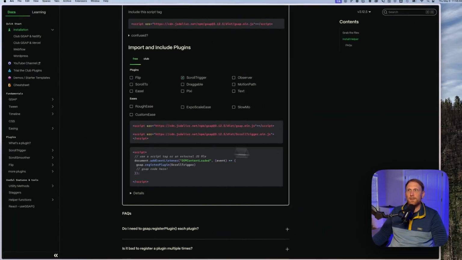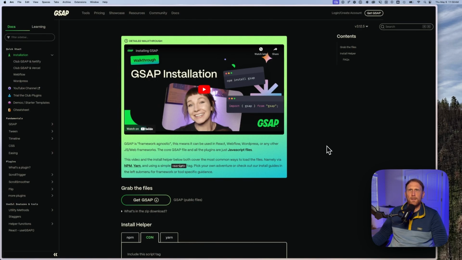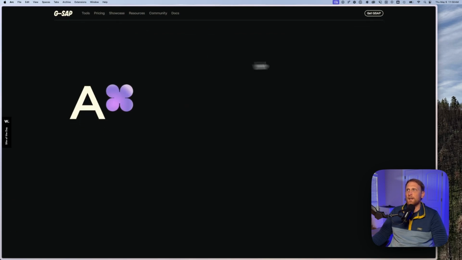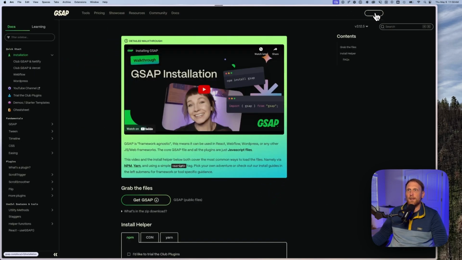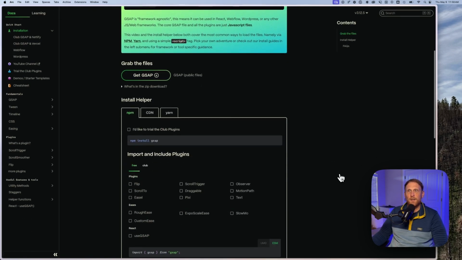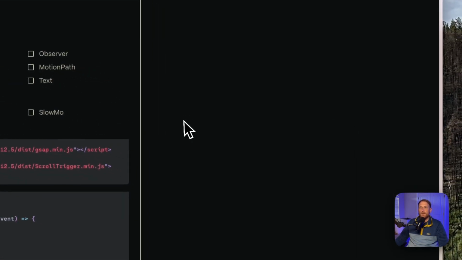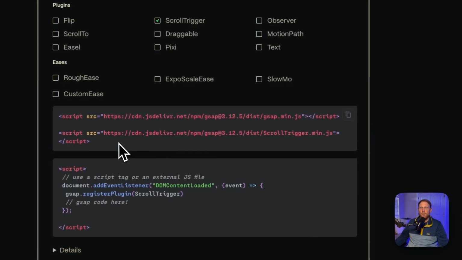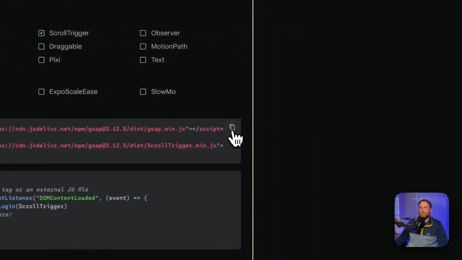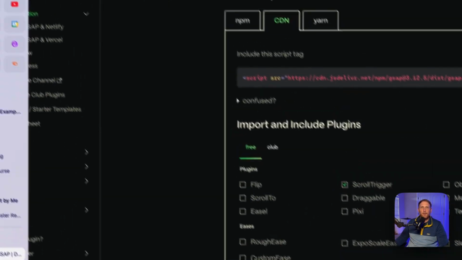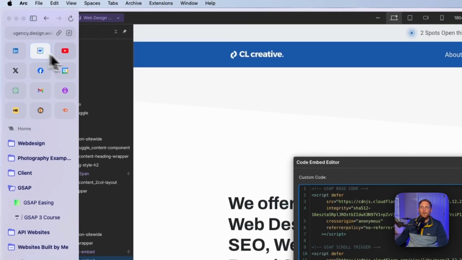If we go over here to GSAP, you can just type in GSAP, go to their website. Up here, it'll have Get Started. You click Get Started, it's going to bring you to this installation page. You want to click on CDN, and then you want to click on ScrollTrigger. Once you do that, you're going to get everything that you need right here. And so you're simply just going to copy this, and you're going to place this inside of your project